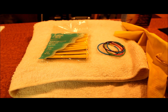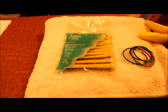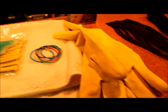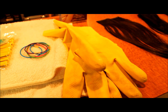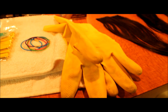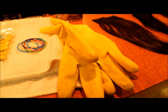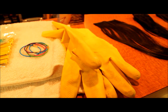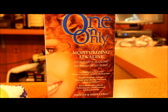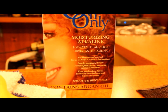Okay, so here's what you're going to need. You'll need towels, some rubber bands, and optionally some perm rods, in whatever size you want to use. You'll also need some gloves. I didn't have any plastic gloves, and the perm package did not come with gloves, so I would definitely suggest that you use your own gloves. I didn't have any latex gloves either, so I'm just using kitchen gloves. Of course, you'll need your perm, and like I explained, I'm using the one and only moisturizing alkaline perm. And you'll also need